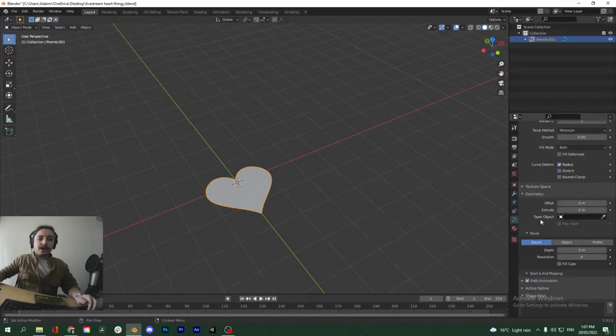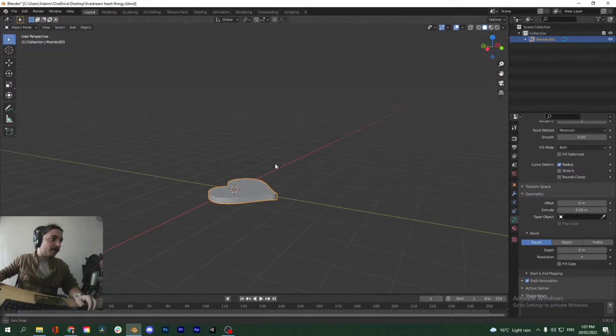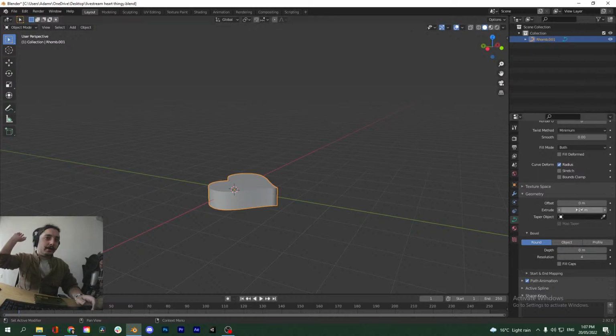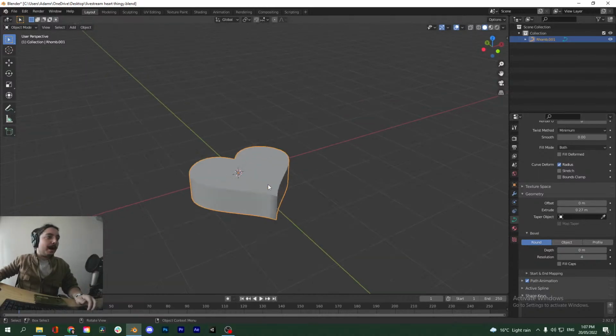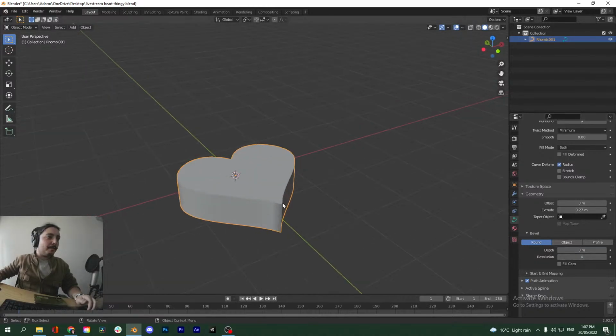So go down to the geometry section, and under extrude you can give this curve shape some thickness. As you see, the more I extrude, the more this extends outwards. So why don't we say 0.3? That's good. And now we want to also give it a bit of a bevel so that these edges aren't